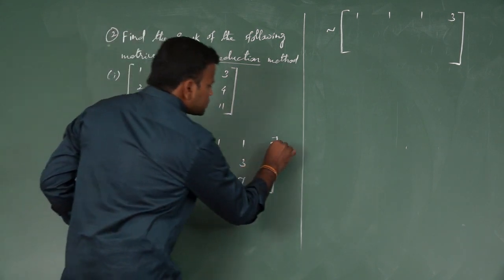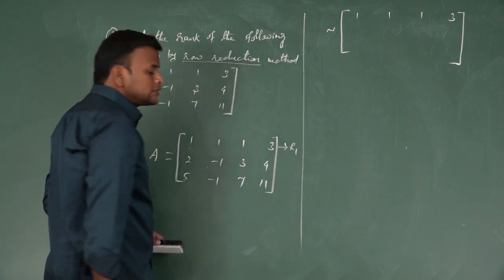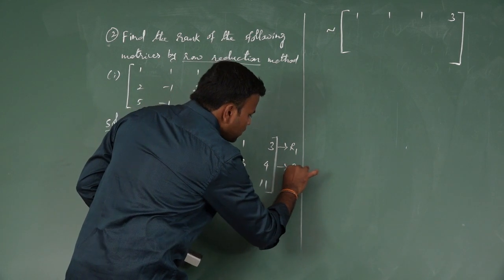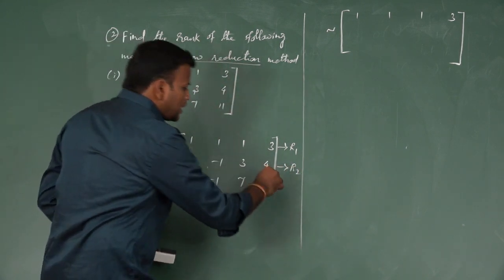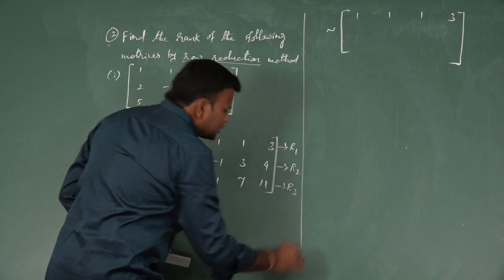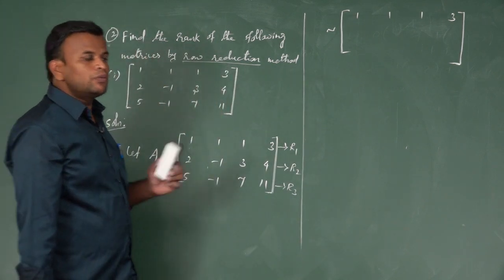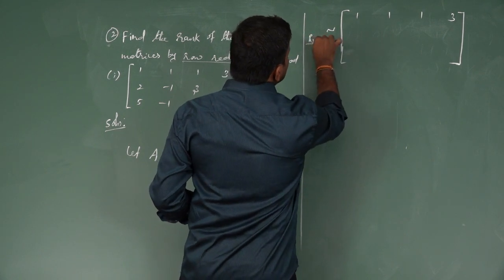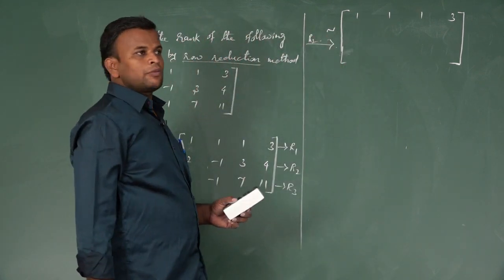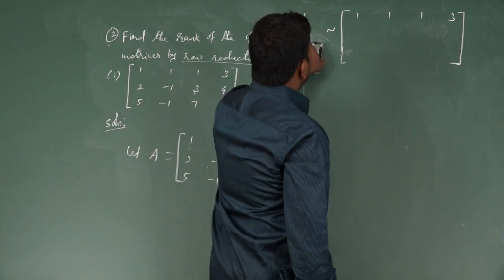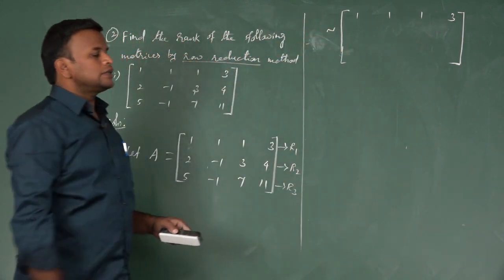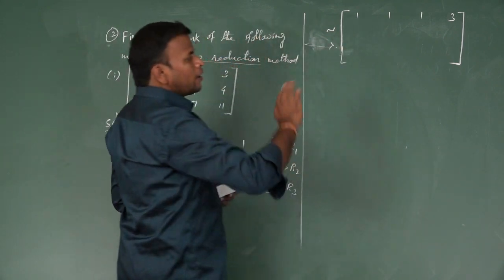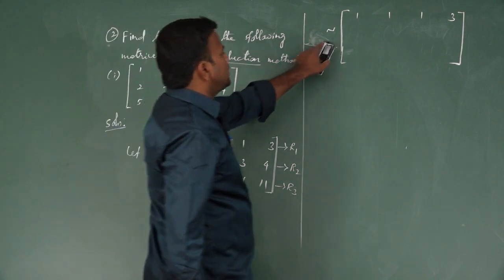You know very well, it is the first row, so we write it as R1, that is row 1. The second row we write as R2. The third row we write as R3. In your book, the elementary operation will be given with this arrow mark, R1 gives, R2 gives. But it is very easy to write all the transformations on the right hand side of the matrix. It's our choice, either left side or right side. We use the right side.